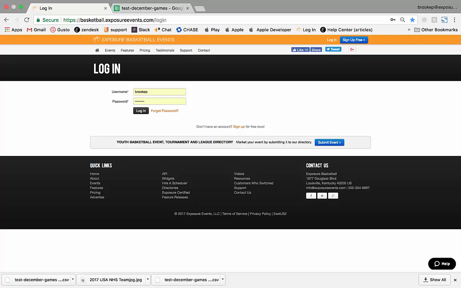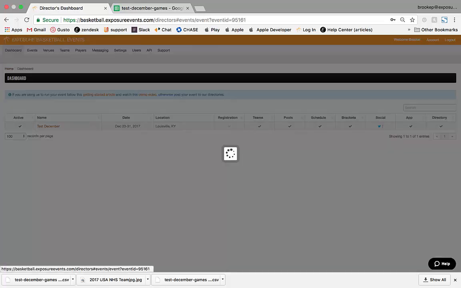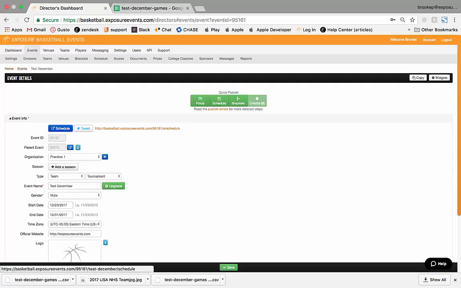First, let's talk about directors. So let's log into our director's account and click on our event name. Before we go into scores, I'm going to talk about linking up your Twitter and Facebook account. You can do this under global settings, and this can be done for all future events, or you can do